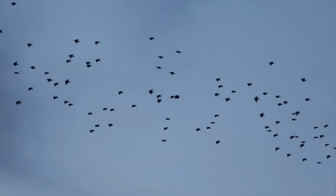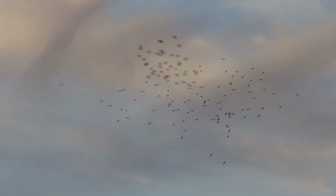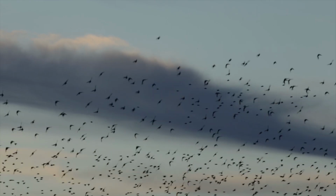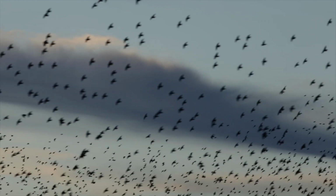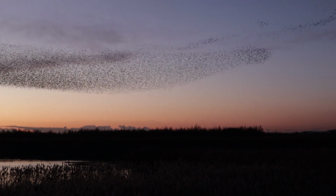So you can literally get thousands and thousands of birds all come together in the same location, and what you'll tend to get, quite often you'll first see like 10, 20 birds up in the sky, a few groups here and there, and you'll see a few more from different angles, and eventually you'll start to see a lot more birds coming together, and then eventually they'll all start to congregate, often from different directions, form a massive, huge